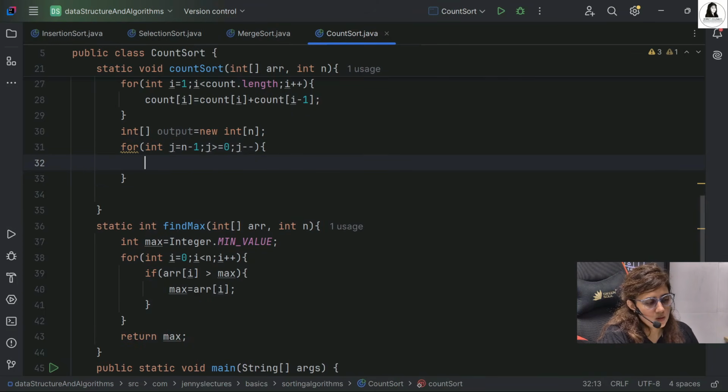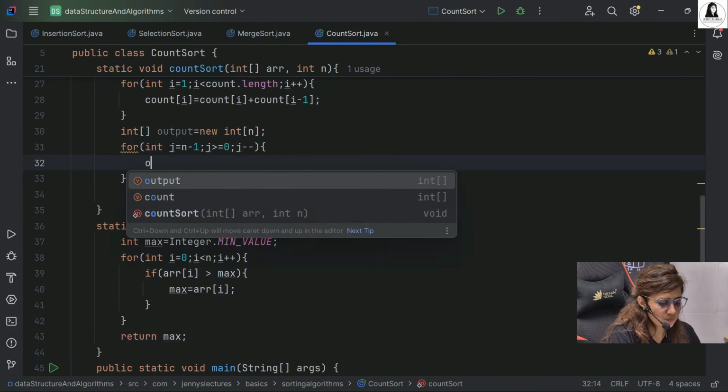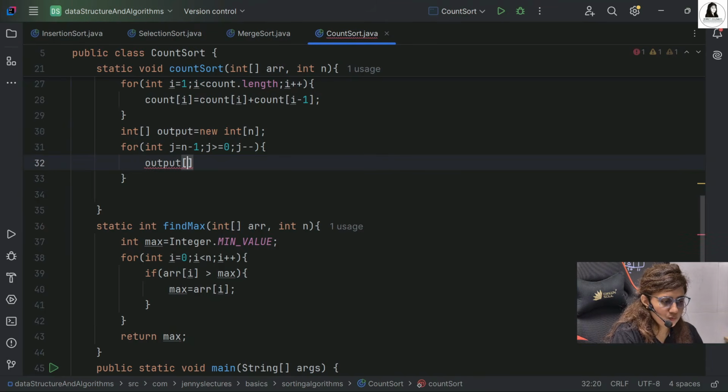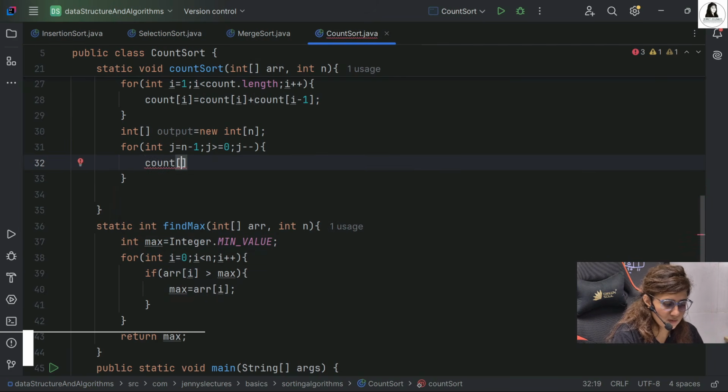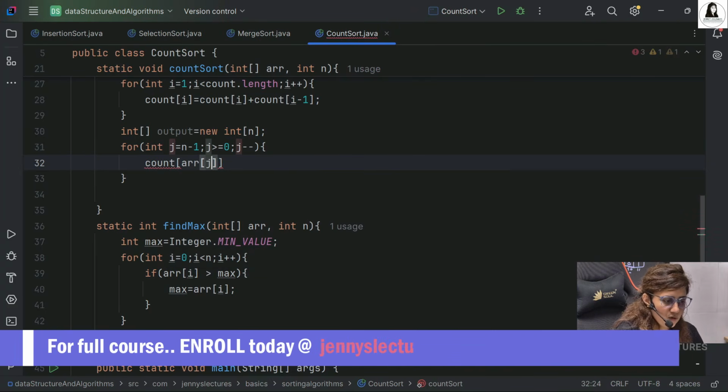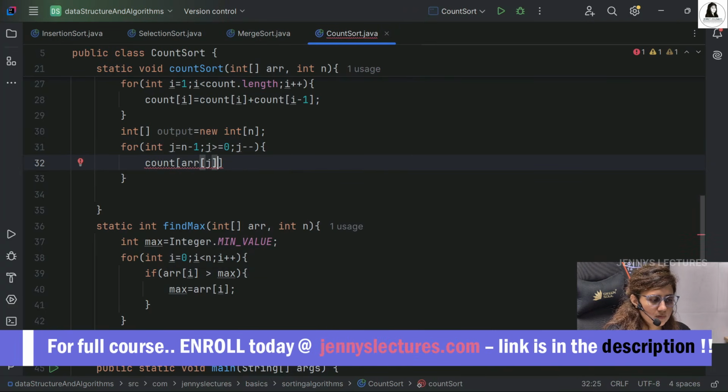Okay. Now what we do? Output array, or let's start writing from within. So how we get whatever at count array at ARR of j, right?